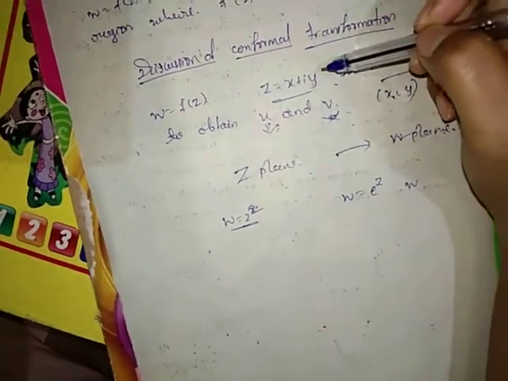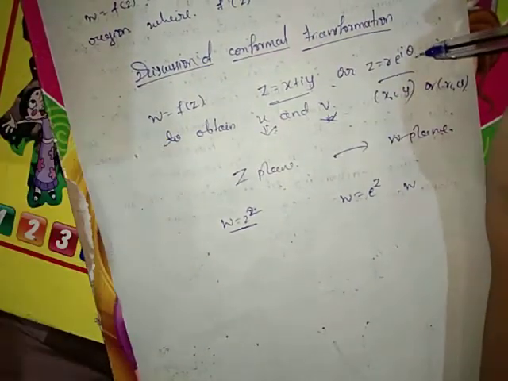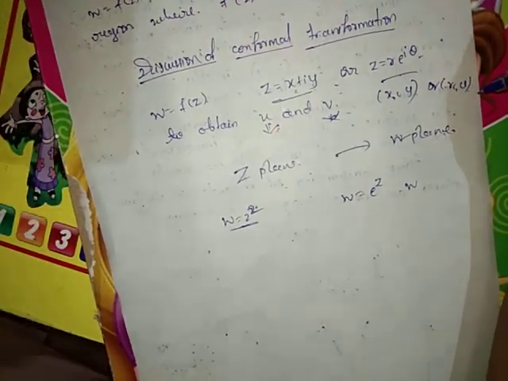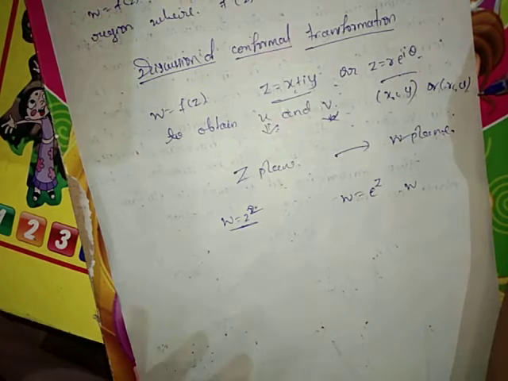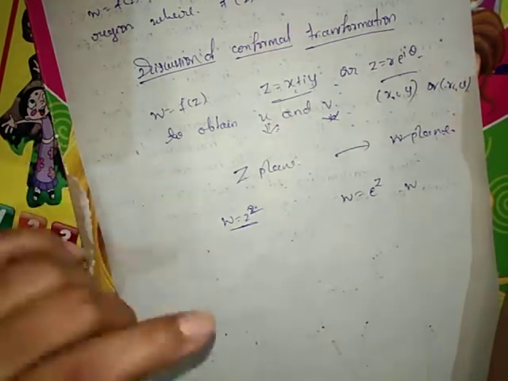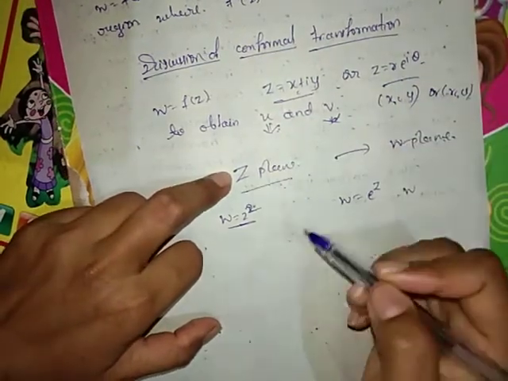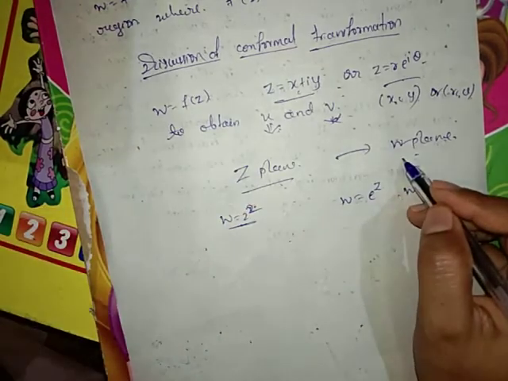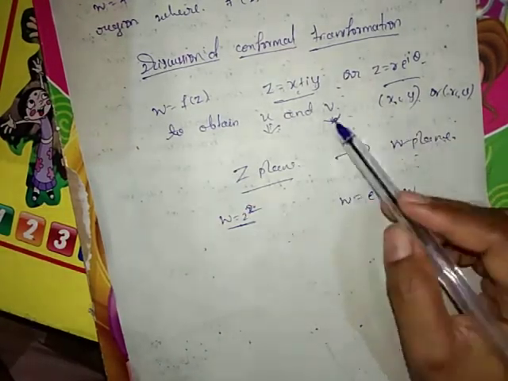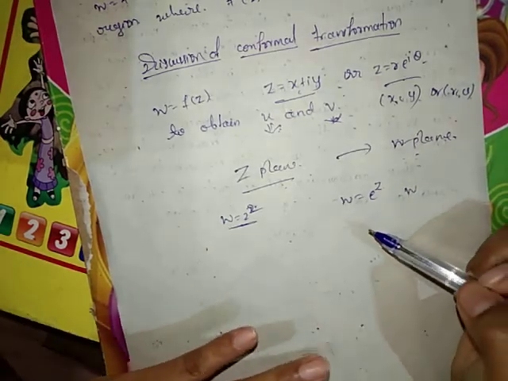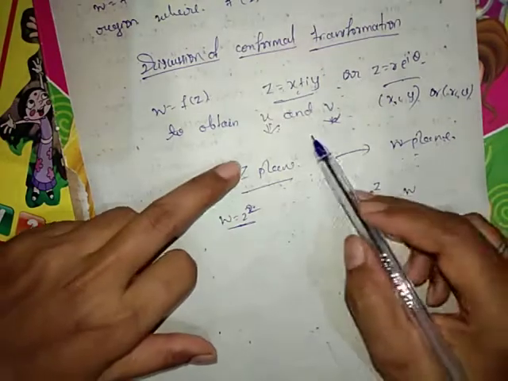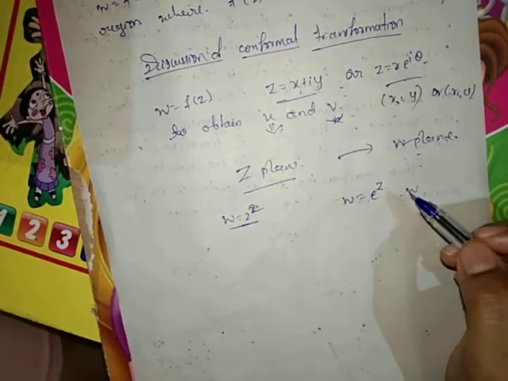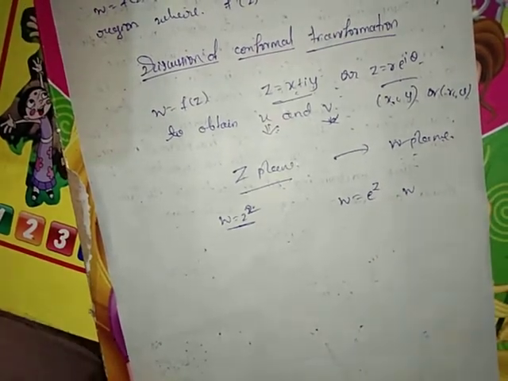The procedure is this. First we take the substitution for z, either Cartesian or polar form, to get u and v as functions of x and y or r and theta. Then, from the given curve, we first draw the graph in the z plane, and then transform it into a graph in the w plane using the set of points x, y and u, v. To eliminate these, we have to apply various techniques to simplify and draw the images in the w plane.